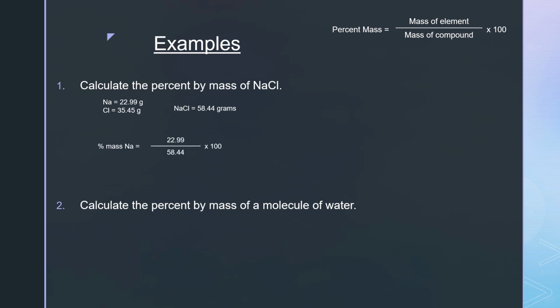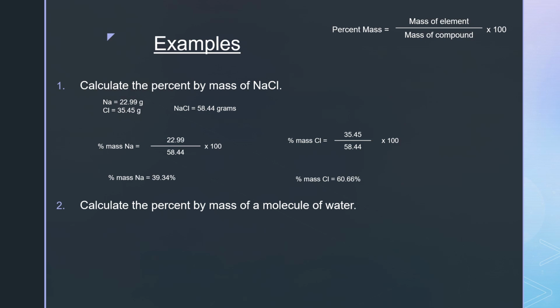So again, the mass of the element, which is 22.99 grams, I'm going to divide that by the mass of the compound, which was 58.44 grams, and then I'm going to multiply it by 100. So when I solve that out, I get a percent mass of the sodium to be 39.34%. Now I have to do the same thing for the chlorine. So again, mass of the chlorine divided by mass of the compound, multiplied by 100, and I get a mass of